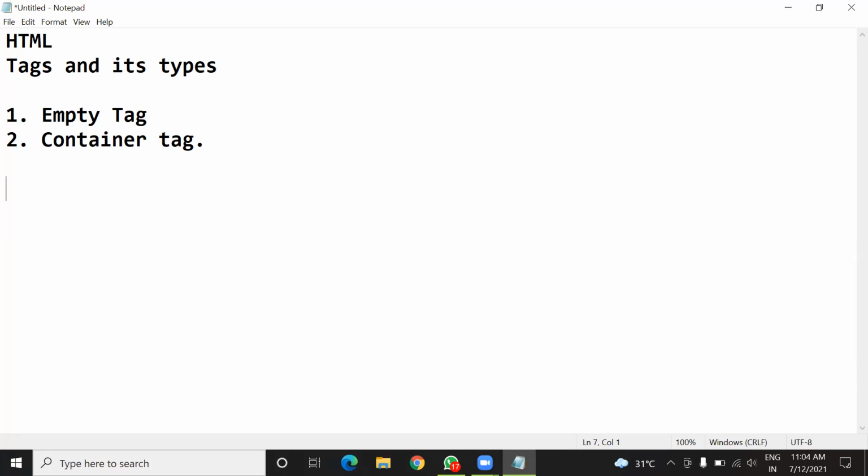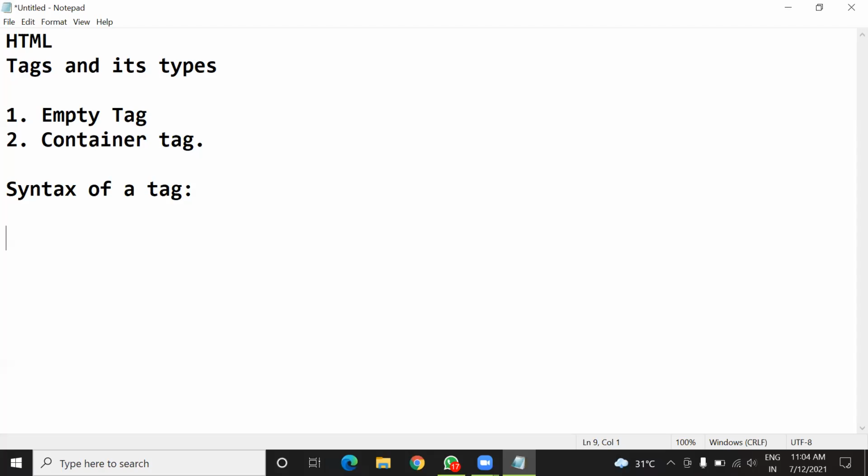So now see today the syntax of a tag. Syntax means what are the things that you can put inside a tag while declaring any tag.